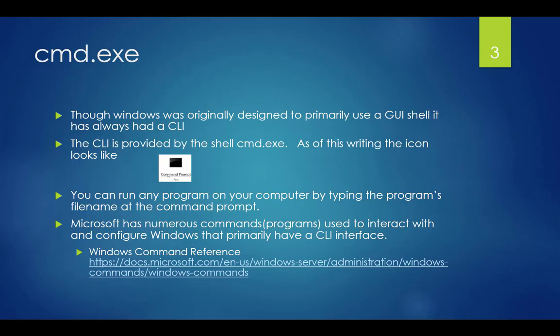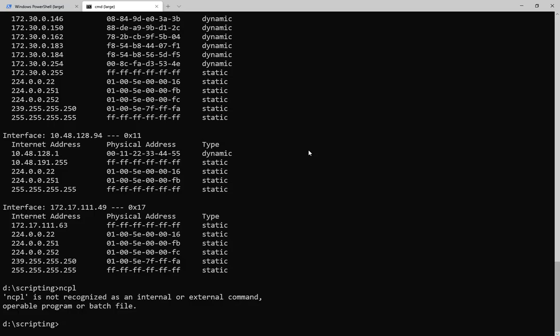Let's do another example. Let's say that you wanted to change your network settings. Now, some of you may have changed network settings before, and to get to the network settings, it's a fairly laborious task of clicking on the Start menu and going through the Control Panel, and then it seems like every time Microsoft comes out with a new version of Windows 10, it's in a different location, and you're a whole bunch of clicks away. We can do the same thing from our command environment if we just know the name of the command, which happens to be ncpa.cpl. If I just type ncpa.cpl,